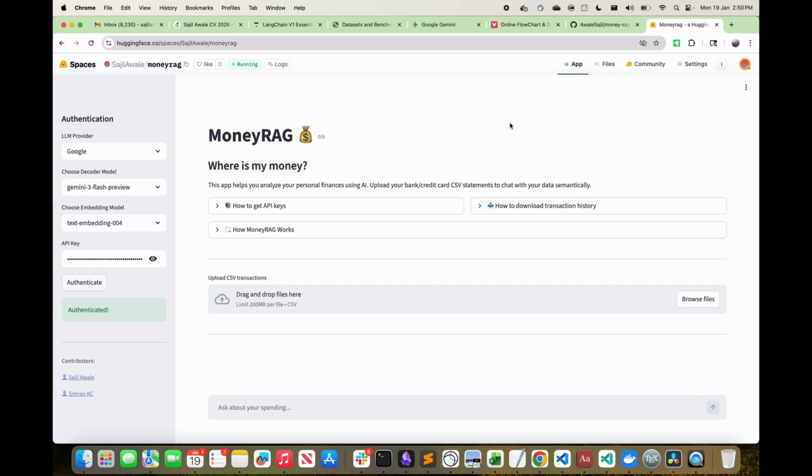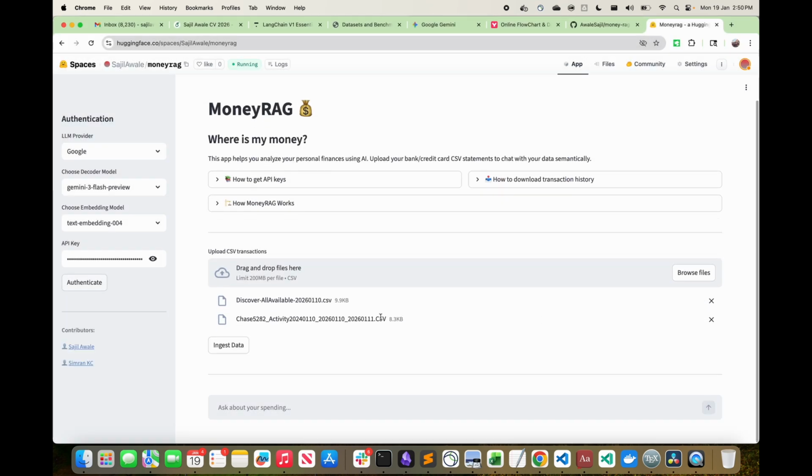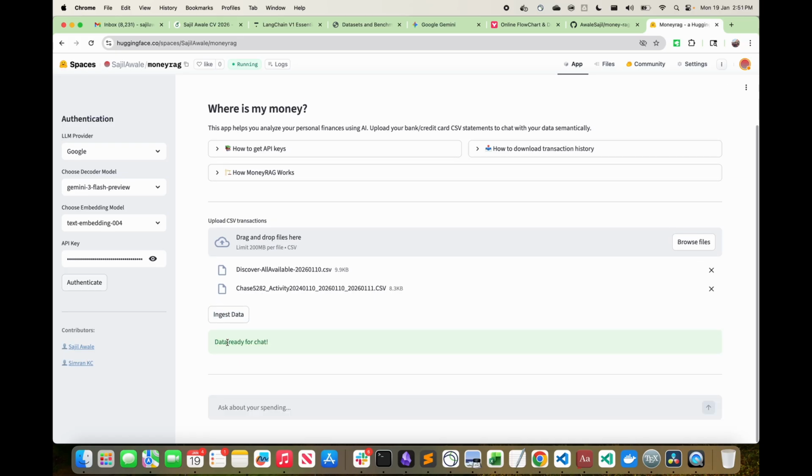But in my case, I've already downloaded them, so all I have to do is click here, select both the Discover and Chase transaction CSV files, and open them. Once they are open, I have to ingest the data. This might take some time. Okay, once that is done, you can start chatting with your data.